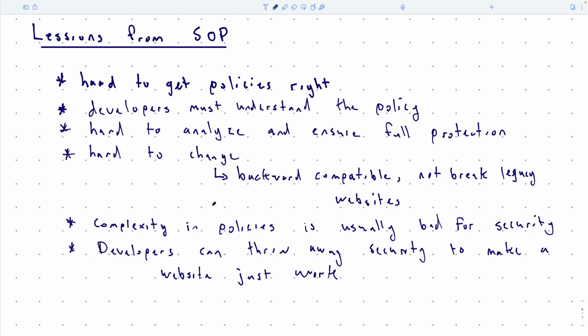And then we've also seen a tendency of developers to just want to get the website working, right? And so if that means overriding cookie settings, overriding document origin settings, whatever, they'll do whatever it is. They'll give it the most permissive permissions possible so that it's the most compatible. And so that's how you program. You just program with maximum compatibility in mind, and then you don't really think about security as a result. Okay, so these are some of the challenges that you have when you set policies, trying to make sure that developers understand them and that they'll actually follow the policies.